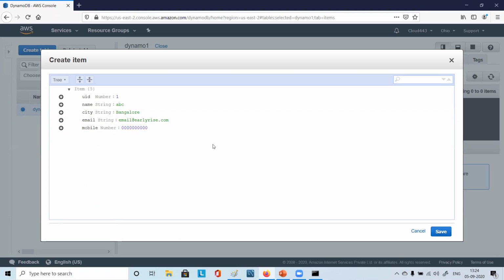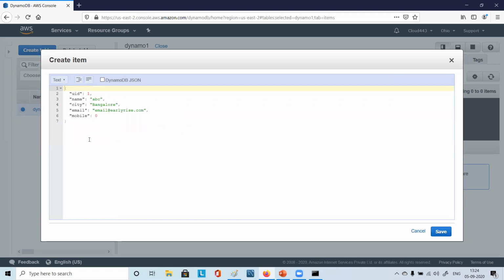See, this is a NoSQL type table. Here, in place of this tree, you can choose text. This is also a good option. You just click on text and see what is going on. See, it became normal JSON type, no? Yes. So you can simply choose DynamoDB JSON type. Say like this, it will become exactly JSON type, with braces and so on.